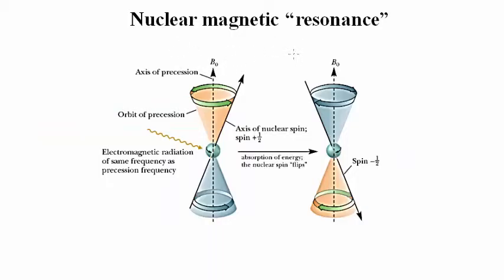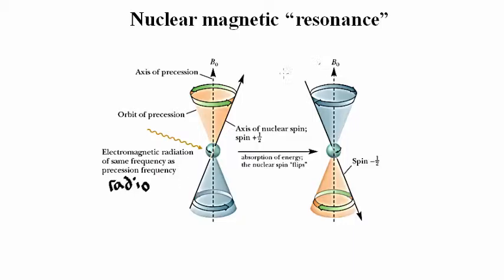Now let's talk about what's actually meant by the term resonance. When nuclei with a spin quantum number of 1/2, such as protons, are placed in an applied magnetic field, a small majority of the nuclear spins are aligned with the applied field in the lower energy state. When nuclei in the lower energy state are irradiated with electromagnetic radiation in the radio frequency range, they absorb energy and the nuclear spins flip from the lower energy state to the higher energy state, the only other allowed